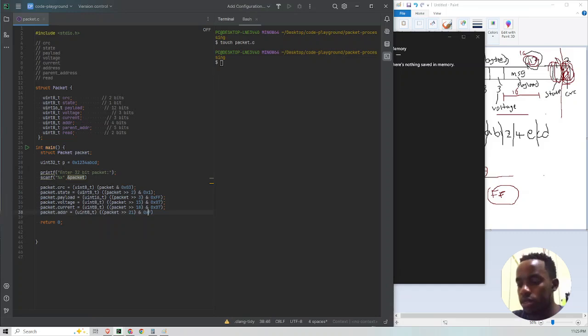Okay, so we just say 0f for completeness. Then packet.parent_address is equal to uint8_t, packet, no, packet shift. This is